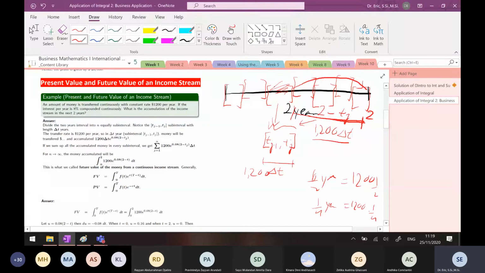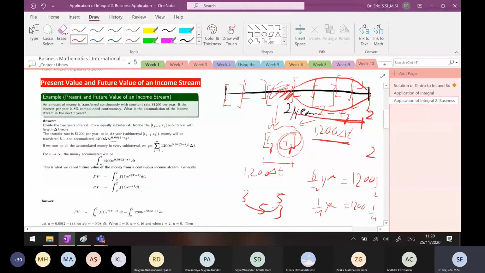Okay, so at this time you have this amount of money, and you invest it for this many years, 2 minus T. If this is until time t_j, then it is 2 minus t_j. So the amount of money accumulated is 1,200 delta t times e to the power of the interest rate times T. What is the time? How long is it from t_j to 2? If it were from 3 to 5, how long would it be? 5 minus 3. So from t_j to 2, the time is 2 minus t_j. Okay, so you have this one times delta t.